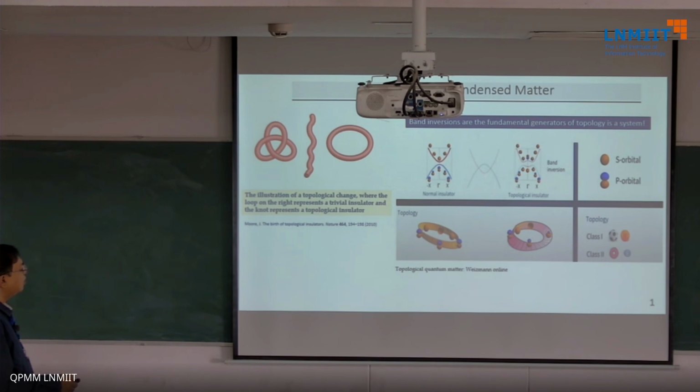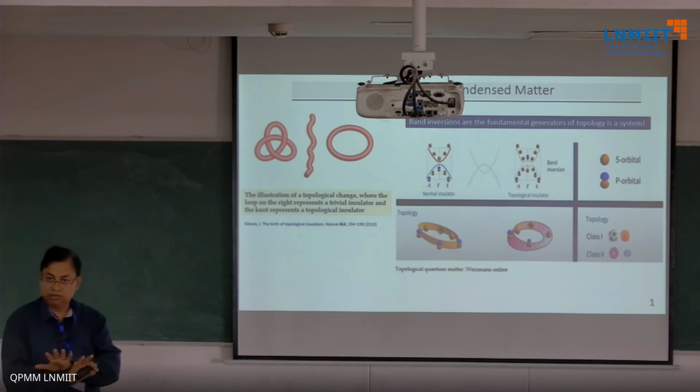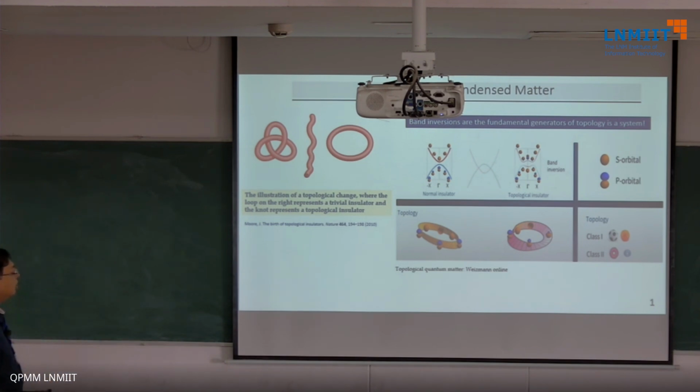If the normal insulator actually undergoes a transformation to a topological insulator, you'll see that some of the s here will become p, and some of the p will become s, and this is called a band inversion. So if there is a band inversion that occurs in the process of tuning the Hamiltonian, then the Hamiltonian has a topological phase transition,